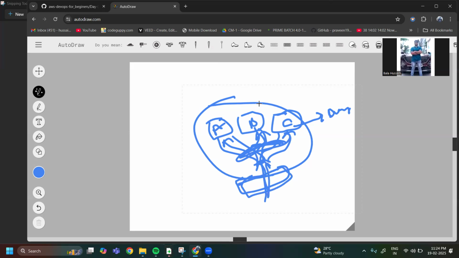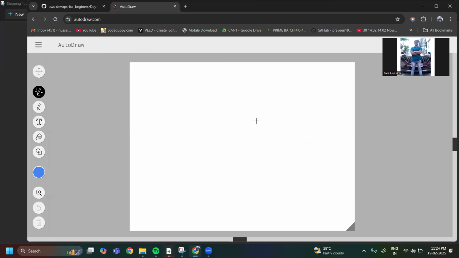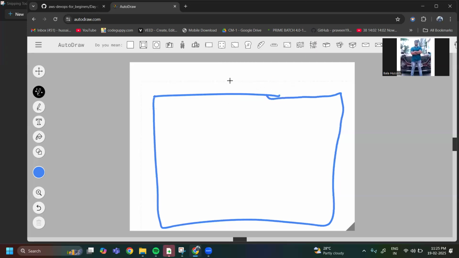Now I will compare this with AWS. Okay, so now let me go back here. So this is the AWS region.